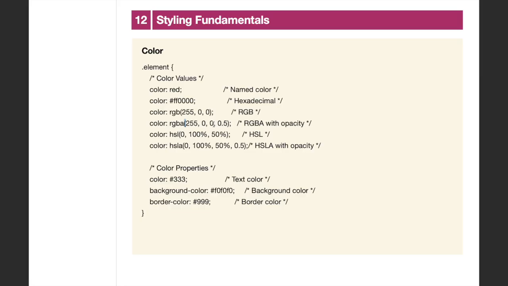ये 0.5 जो है वो इस बॉक्स को 50% ट्रांसपेरेंट बना देगा। This is exactly how we build those awesome glassmorphism effects. तुम्हें लगता है वो ग्लास वाला इफेक्ट कैसे आता है, ट्रांसपेरेंसी कैसे आता है, वो इस तरह से आता है। So we use these values for text color, background colors and border color, ठीक है। इसको आप किसी भी तरह से यूज़ कर सकते हो।